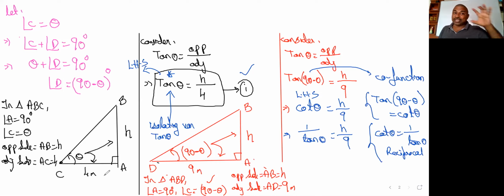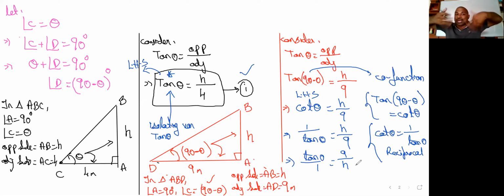Right. In the first equation, we are having tan theta. We have stopped the equation there. Here also, I want to stop it at tan theta. But here towards the LHS side, we are having 1 by tan theta. Therefore, I want to reciprocate it, right? I'm making the numerator to denominator, denominator to numerator. So we are having 1 by tan, I'm writing it as tan theta by 1 is equal to 9 by h. What I have done? I have reciprocated it.